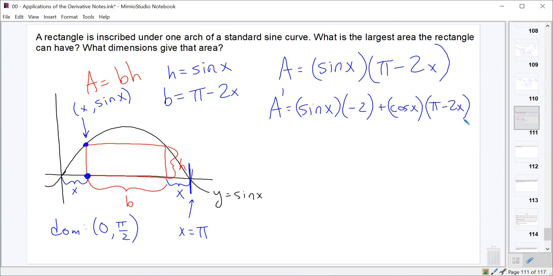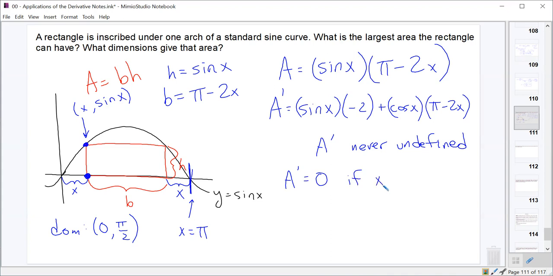And, well, if we look at that, that's going to be a function that's a little bit difficult for us to solve by hand. Now, we've learned Newton's method. We could approximate the root of that using Newton's method, but that's going to require a lot more work than just graphing it and using the graph calculator functionality to do that with. So we're going to graph that and see where it has an x-intercept. And we're going to note that this thing is never undefined. So we'll say A prime is never undefined. But since we would assume this question would be a graphing calculator question, we'll just say A prime equals 0